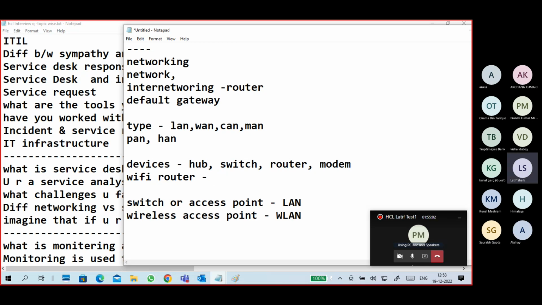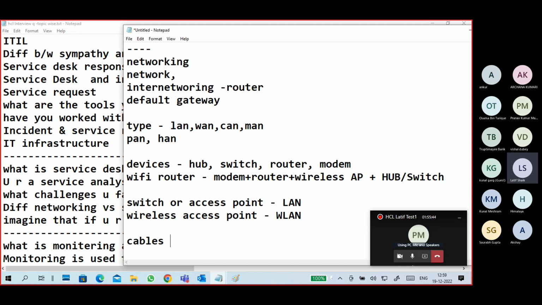Okay, so a router is built in. Nowadays, it is a built-in modem plus a router plus a wireless access point plus a hub or a switch. We don't decide which, hub or switch. So we can connect wired devices, we can connect wireless devices, and we can route between the outside network and the inside network. That is the router functionality. The modem makes you connect to the internet. So those are our basic devices.